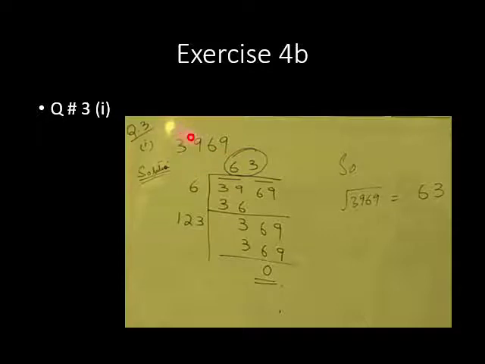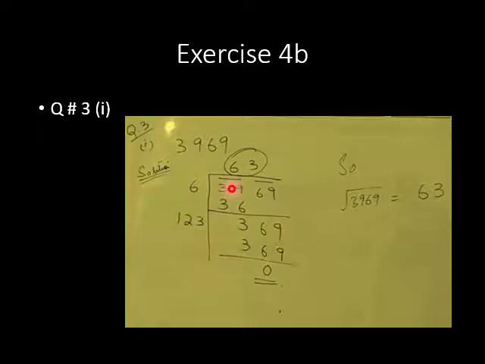The question is 3969. We will write it in 3969. Then from the right side, we will make their pairs. First pair is 69 and the second pair is 39. We will make their pairs from this side like this, from this 69 and from this 39. Then we will see here that 39 is our required number.